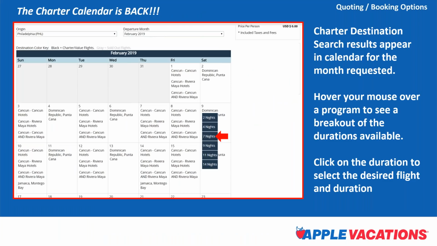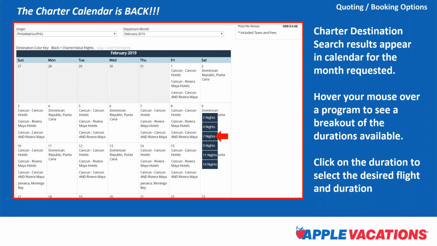Now, those of you who are familiar with Apple Online 3.0, and you might even still be holding on to Apple Online 3.0, I have to tell you that as soon as we launch in VAX, Apple Online 3.0 is going to go away. So you need to kind of embrace Apple Online 4.0 and VAX because 3.0 will be gone away.